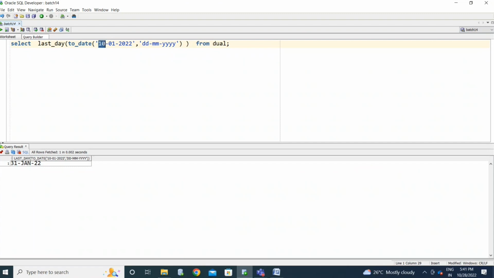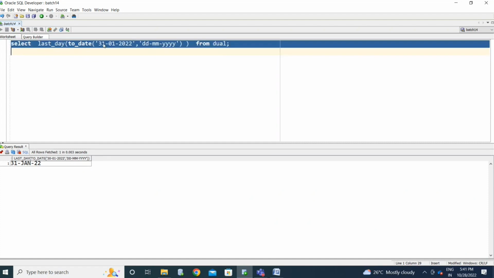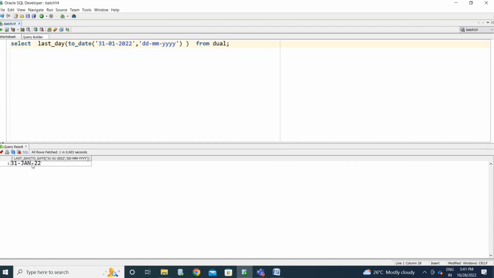If I mention 30, we get 31st January. 31st also gives the same date. If you pass any date of any month of the year, whether in the middle, the start or the end of the month, it gives the last day of that particular month. The LAST_DAY function helps us with this.